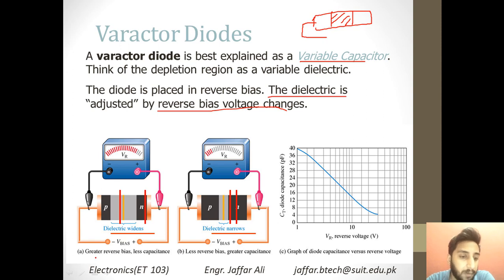So you see that if you apply a greater reverse bias voltage, the capacitance will be less, and if you apply a lesser reverse bias voltage, the capacitance will be greater. It means that if you want to store maximum charge, you have to apply less reverse bias voltage, and if you want to store minimum charge and make the diode a small capacitor, you can apply a greater reverse bias voltage, and that will store less charge, and the capacitance of the diode will be very less. So you can also use these as varactor diodes.